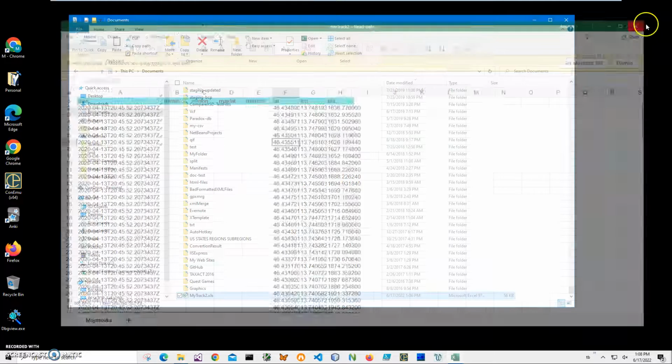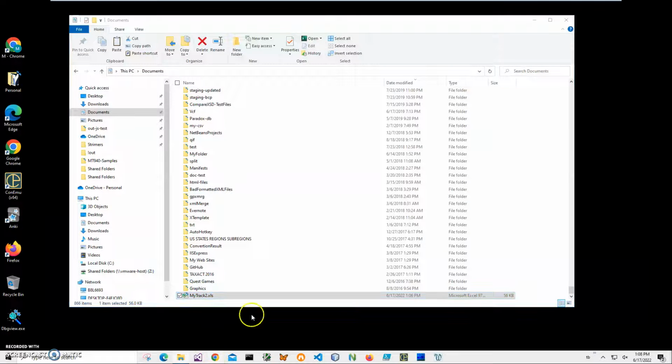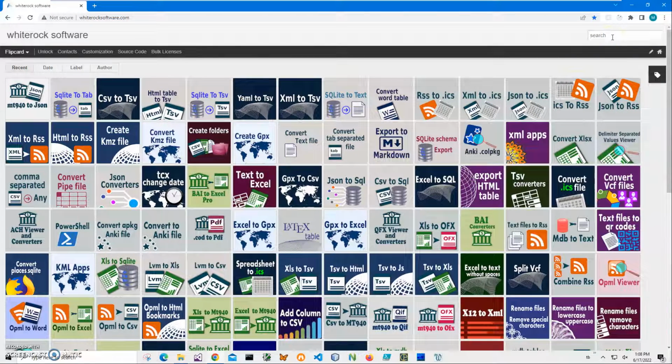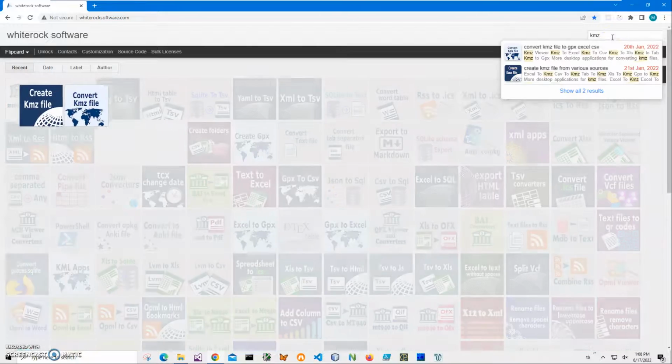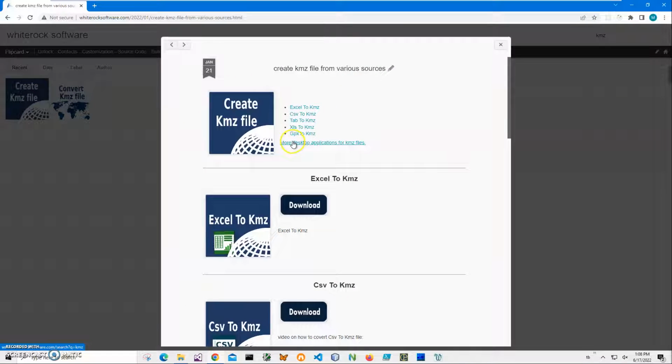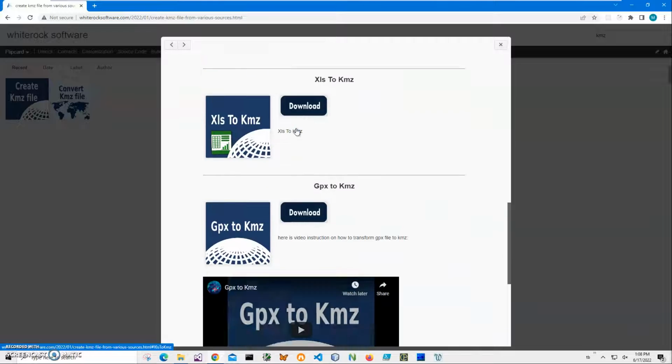So in order to do this, I will download an application from my website. This is my website. To find the app, I'll click on search and type KMZ, and I need this create KMZ file. And I will click on Xls To Kmz and click on download to start the downloading process, and a valid archive